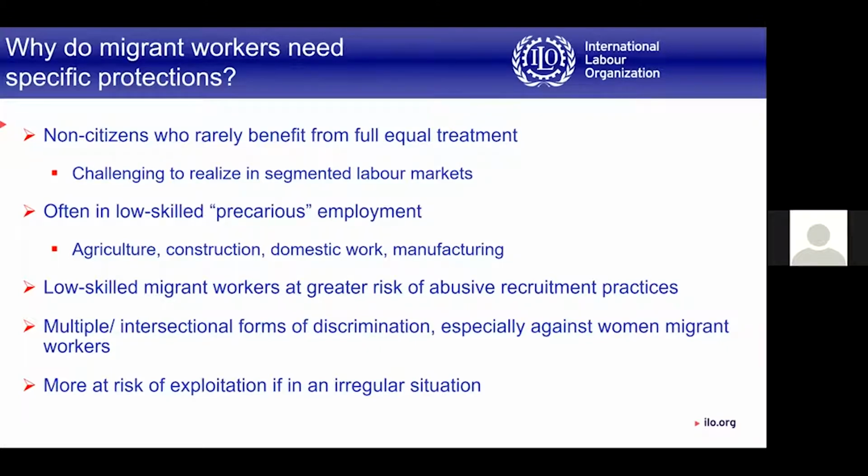However, when we speak about qualified women migrants, the risk of de-skilling is higher than for other categories, because they are discriminated against as